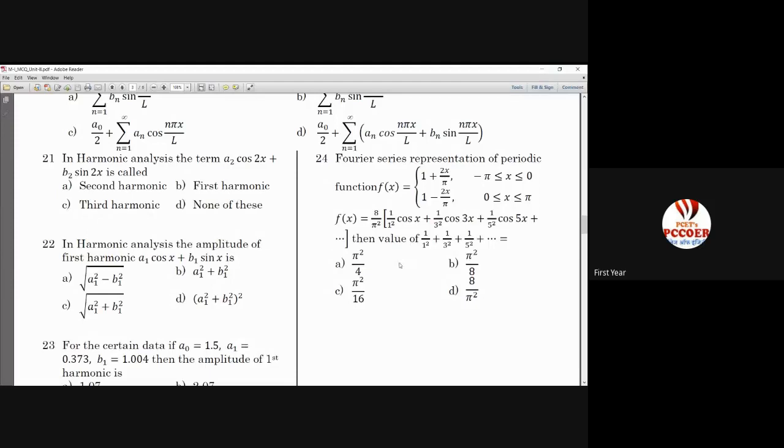Yes, ma'am. So that's why you will get the answer of cos. Put x is equal to 0. You will get the answer, pi square will go on top. Pi square by 8 is your answer. And these identities are fixed. Those who are able to remember it: all odd terms, square power summation is pi square by 8.